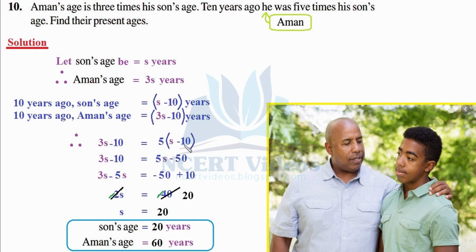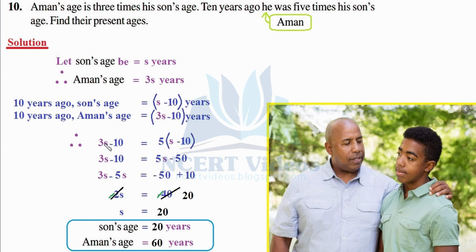We are not done yet. We have to multiply it with 5. That is, this complete age we have to multiply with 5 because this statement says the same. 10 years ago, Aman was 5 times. So we have to multiply 5 times. Now this equates, that is, whatever the value we have on the left hand side is equal to the value on the right hand side. All our hints are over and we have found our desired equation. We need to solve it and we will be able to get their present ages.